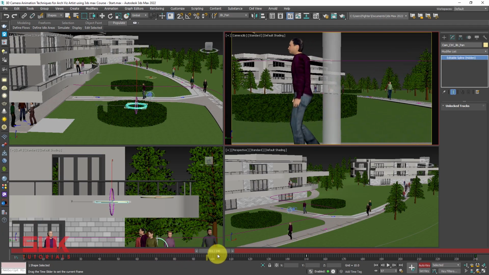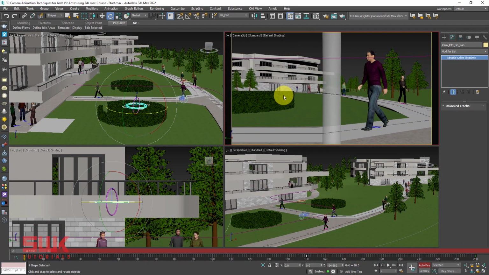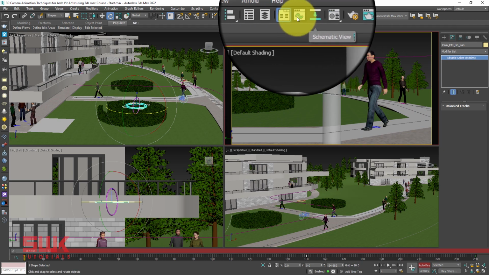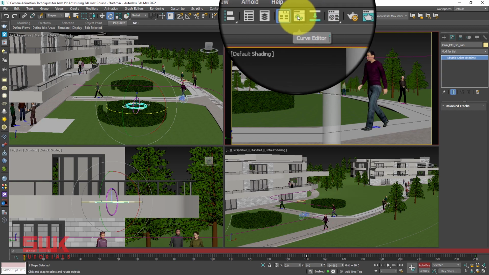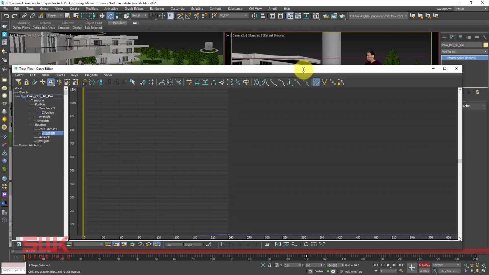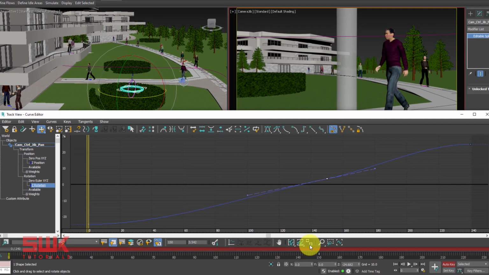So guys, what I have to do is that I have to first make this speed constant. For this kind of thing, we have to use the curve editor. I can either click here or I can simply use the mini curve editor, but I will click here and open the proper curve editor. After this, click on frame horizontal and extend values and you will get your curve editor. If you see that your curve editor line between this and this part is not straight, then it means the animation is somewhere slow or fast.